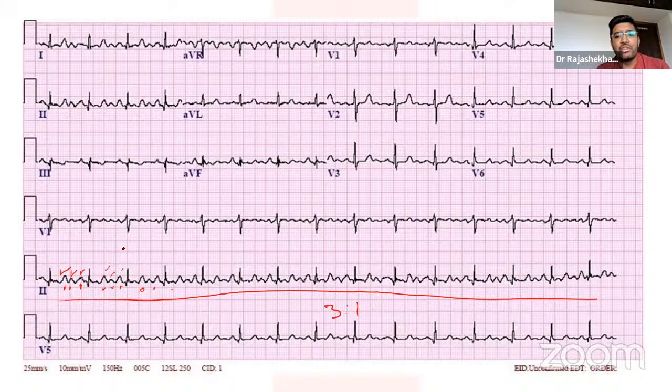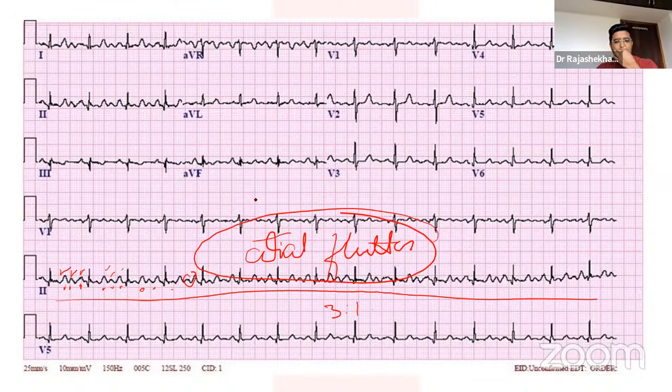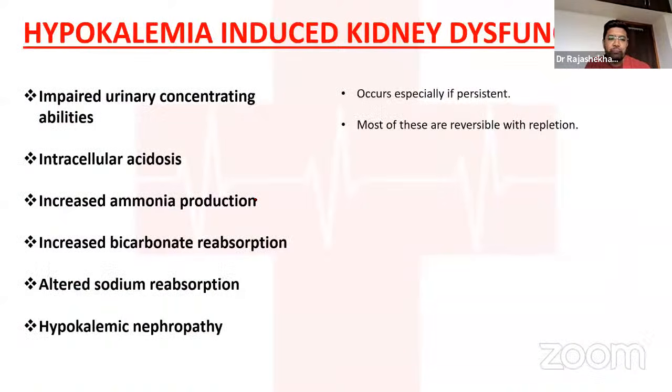So this is also one of the heterogeneity in case of hypokalemia. So hypokalemia with the appearance of U wave can also mimic the atrial flutter. So this is another example to train the young doctors to look for the potassium abnormalities before concluding any rhythm disturbances in patients of organic heart disease. Before labeling your patient with any organic heart disease, always rule out the potassium abnormalities.